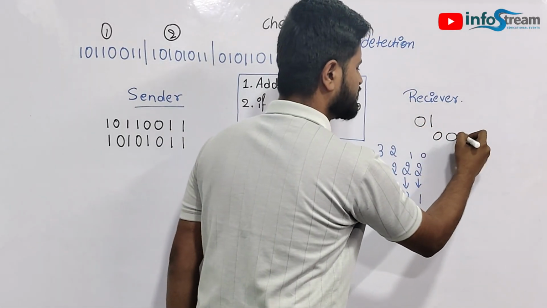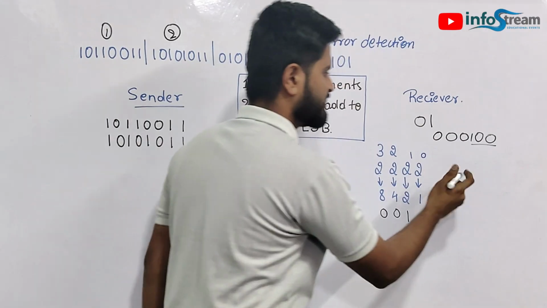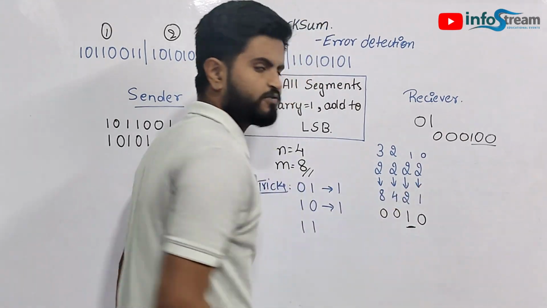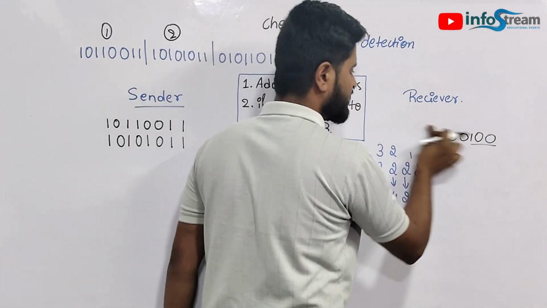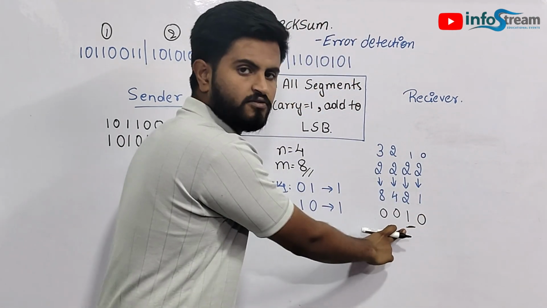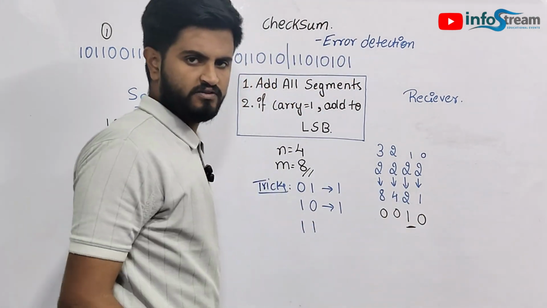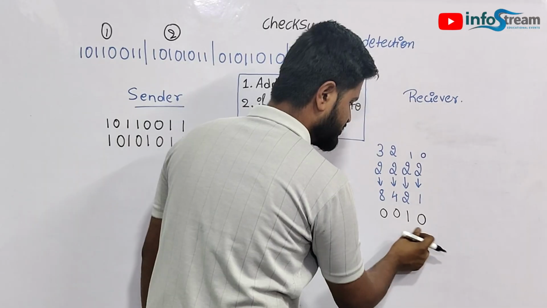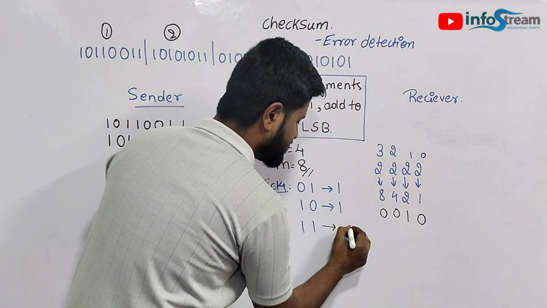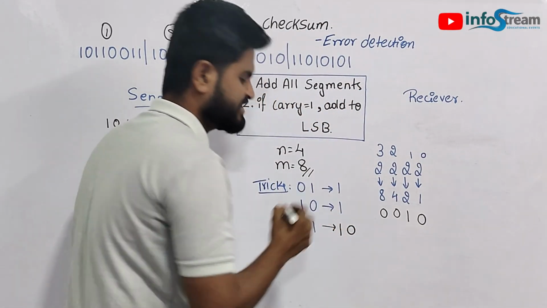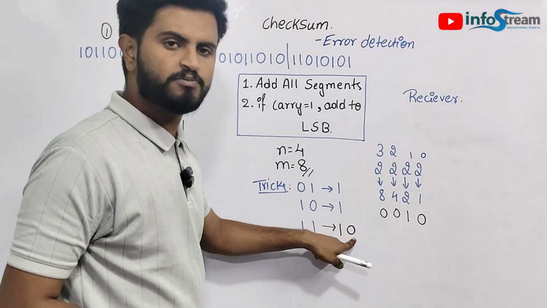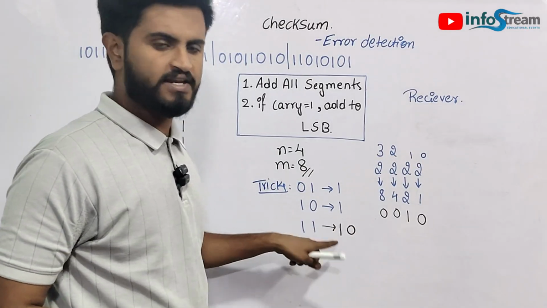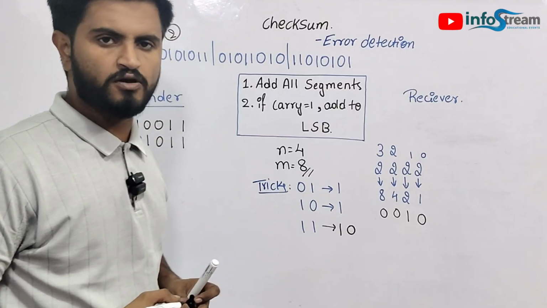How will we read this one? 100, because you will be starting from the non-zero element. So, here the non-zero element is 1. So, 1 and 0 will be considered, and here what you will be doing is, 0 will be written in the sum and 1 will be the carry. 0 will be the sum and 1 will be the carry when you approach the condition of 1 plus 1,